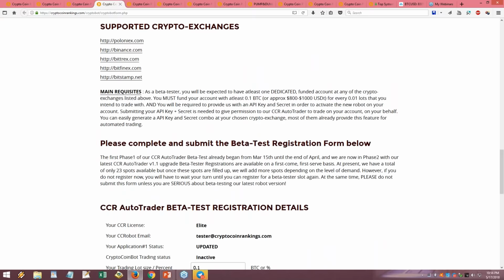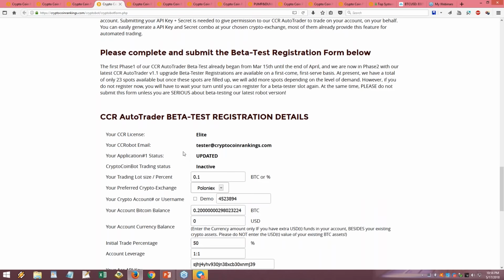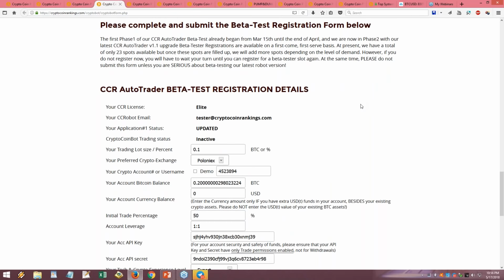All right, so we already started off with phase one of the beta test from March 15th onwards, and that went on till the end of April. And around the first week of May was when we started off with the upgrade to the latest version 1.1. And yeah, we basically had to manually upgrade every single one of our beta testers to the new version, and that took some time, but we finally got there, and we now have more slots available for newbies who